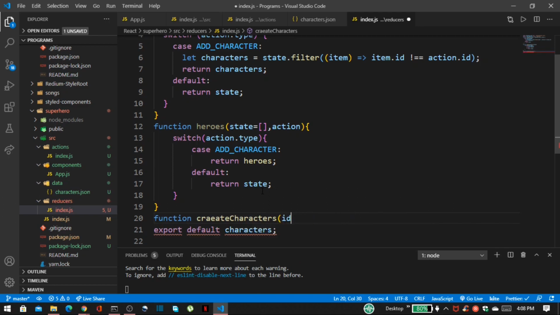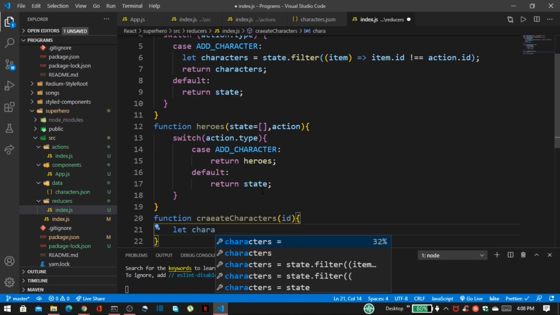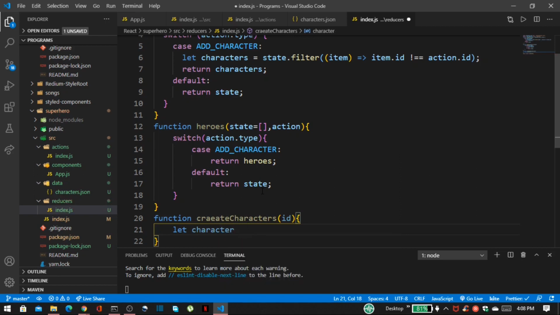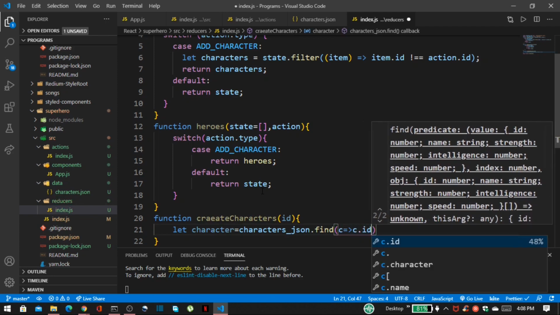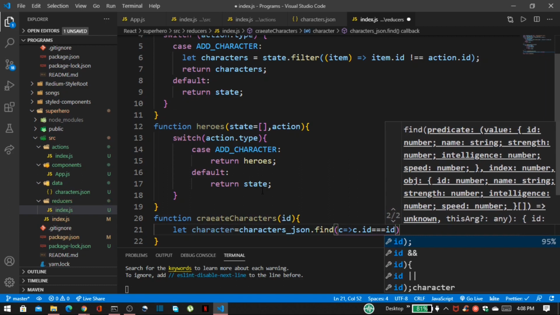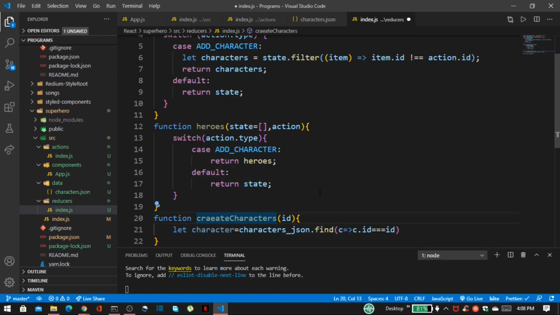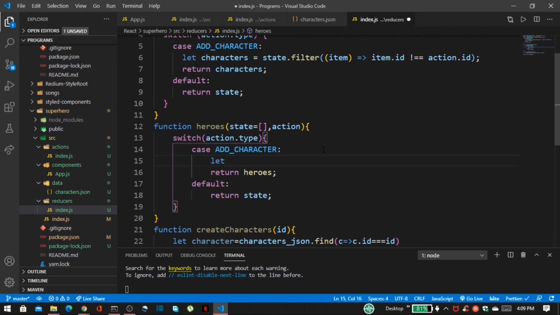We are passing id here. So that id is inside our json file. So first we have to find this, and we have to store it inside this variable, so that id will pass inside this character variable. After getting this id we have to pass that superhero. So let us create another variable for these